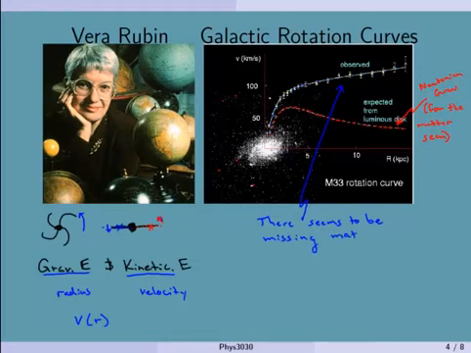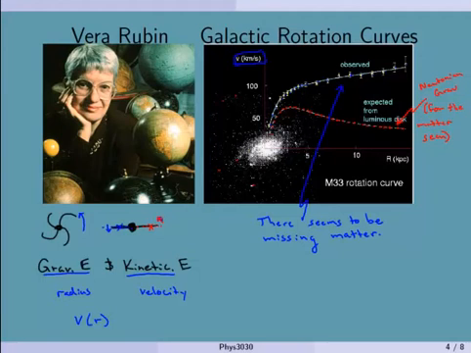Okay, and the reason for that is, see on this side over here is the velocity, right? So these blue dotted lines are a much higher velocity than you would expect. And if there wasn't more matter, so more gravitational force to keep everything together, everything would just fly apart with these velocities. So there had better be, and this is the first thought, right? There better be more mass to keep everything together. Okay, and so this is where the idea of dark matter was born.